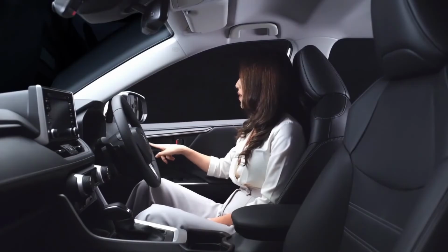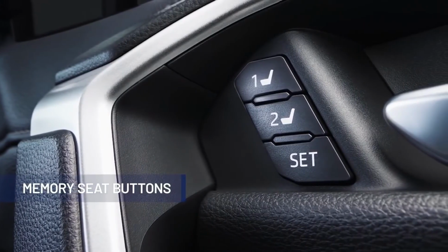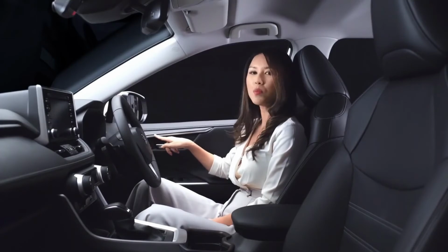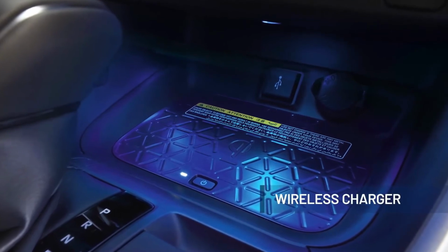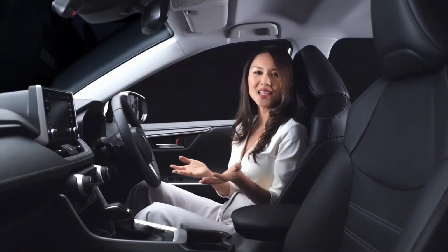Right over here, you have the memory seat buttons that are able to store up to 2 driver seat selections, and you can effectively choose your seat selections and activate it with a push of the button. Another great convenience feature would be the wireless charging for compatible devices that you can conveniently charge without using a